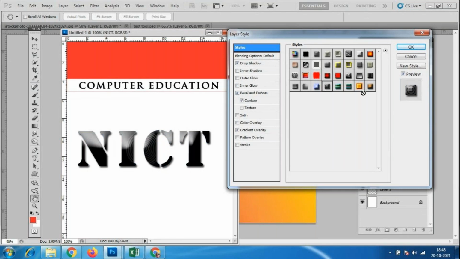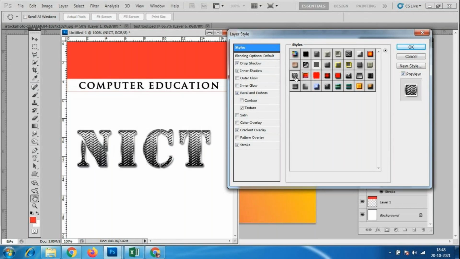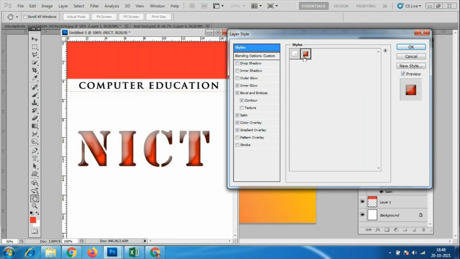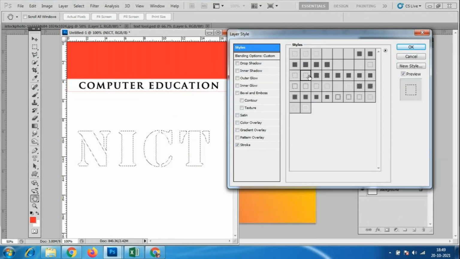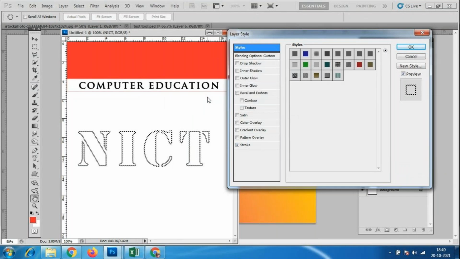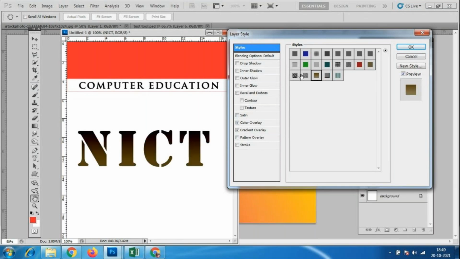So look at here. Okay, so these are the default options. I'll click on DP style. So this is one text. Okay, like this, and again I'll go to this dotted stroke, and we have this thinner line over here, and next we'll go to the image effect, which is not applying for the images. So like this, you click on one, and whatever text effect you want, you can just give OK.